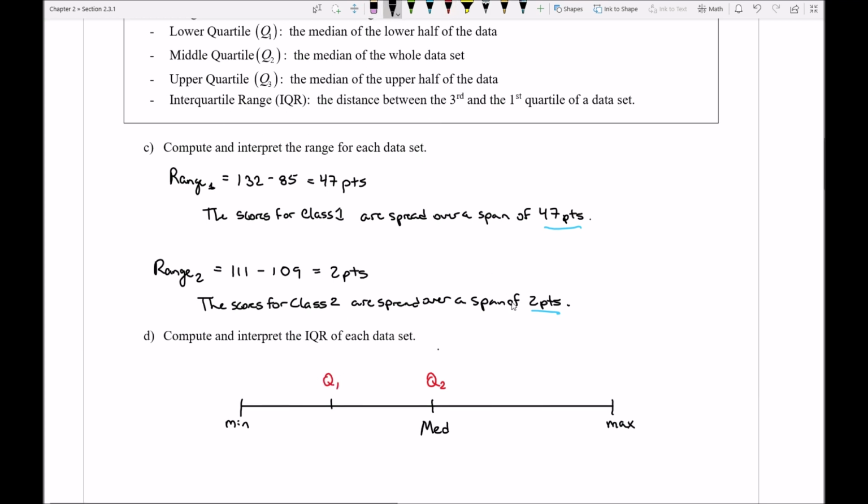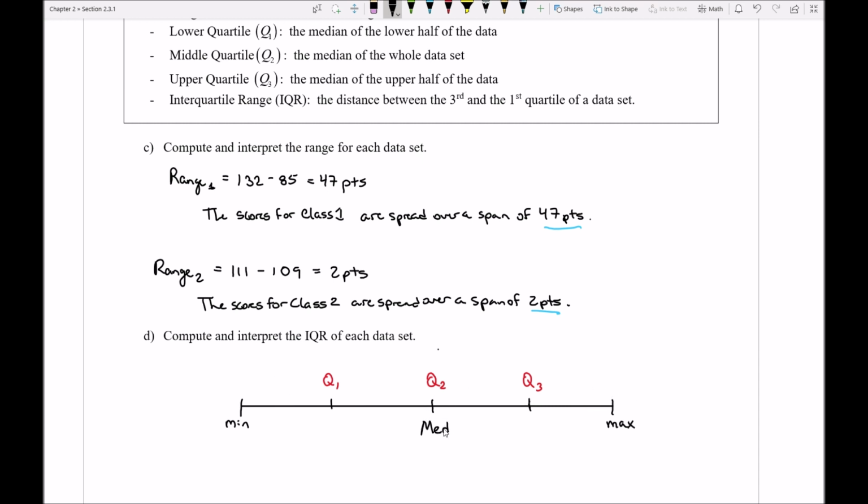Similarly, Q3 is the median of the upper half. And so with these three red values that I have here, you'll notice that I can see that the data set has been broken up into four distinct regions, or quarters, which is why we call these quartiles. The interesting thing then is that